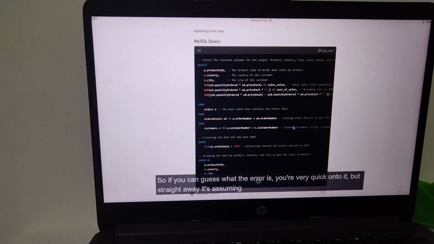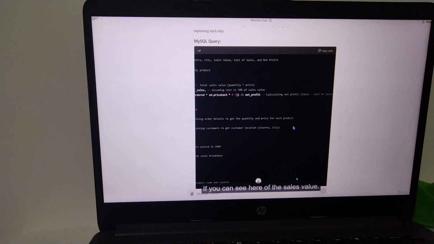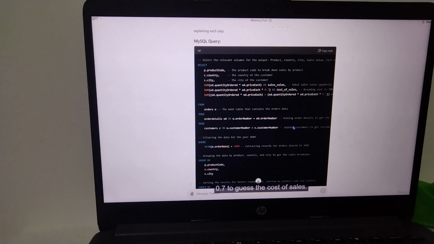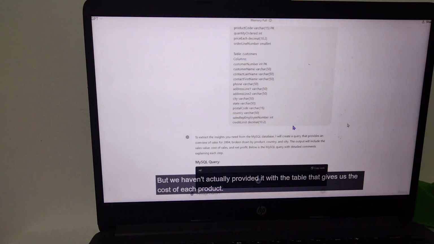So if you can guess what the error is, you're very quick onto it, but straight away, it's assuming the cost is 70%, if you can see here, of the sales value. And we know that that's not true. But the reason it's provided this assumption, and it's multiplied the quantity ordered by the price by 0.7 to guess the cost of sales, pretty much, is that we haven't actually provided it with the table that gives us the cost